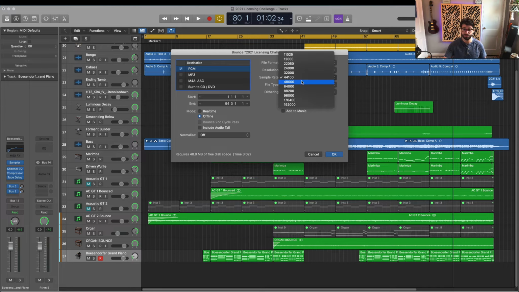Some sites still want 44, but I prefer to do 48 unless it's specifically required because it's just a higher quality track, and that's what most sites are willing to accept. You also have the option of including the tail, but I've been generous here and gone past where the tail is, I think, so we should be fine. And then you just hit export, and through the magic of cinematography,